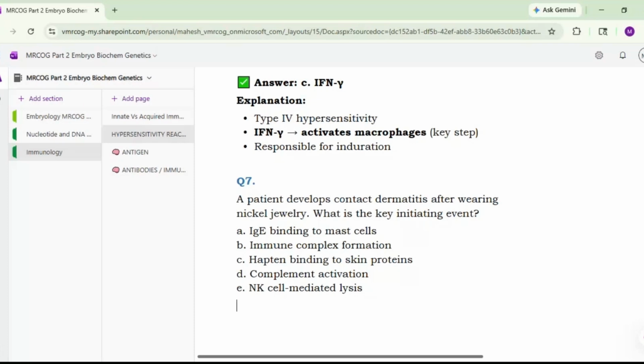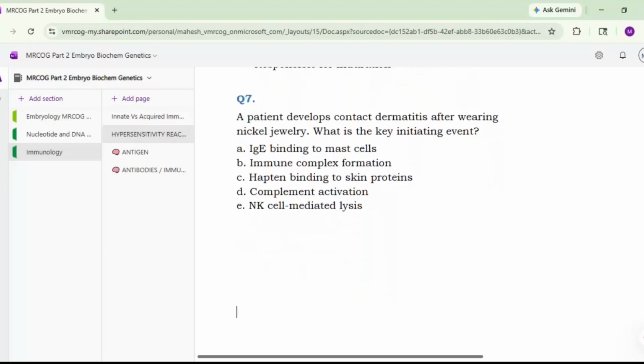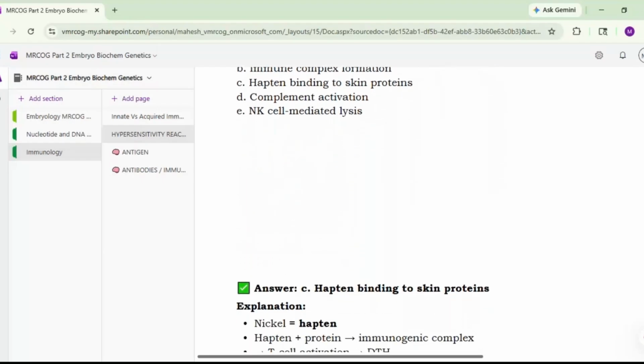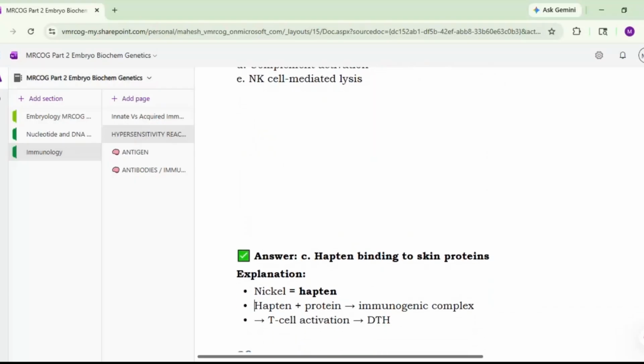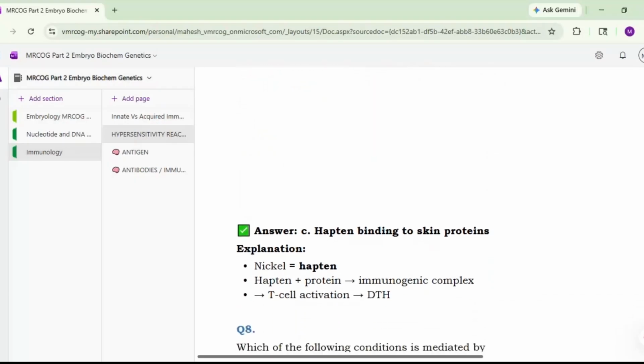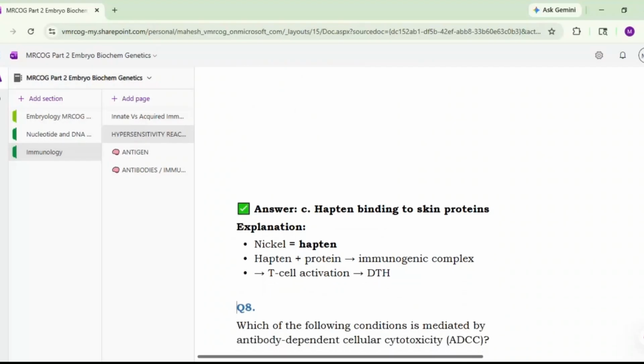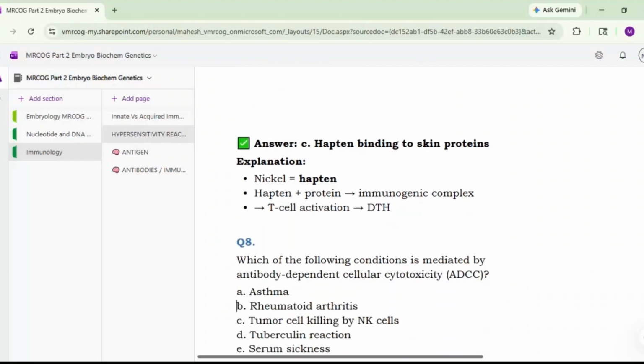Yes, that is the first phase. First the hapten will bind to the skin proteins, then it will produce the immunogenic response, followed by the second phase, the effector phase. Nickel is a hapten. Hapten plus protein will lead to an immunogenic complex that will lead to T cell activation and that will lead to